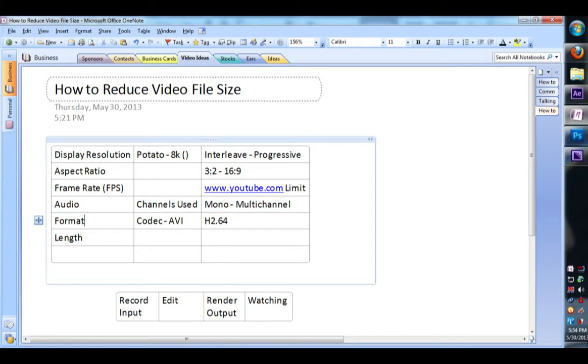And then the last is going to be format. Oh, sorry, of course, this is self-explanatory: length. Of course, if you have a longer video, it's going to take more space. Just really self-explanatory. But going back to format, format is how the computer interprets